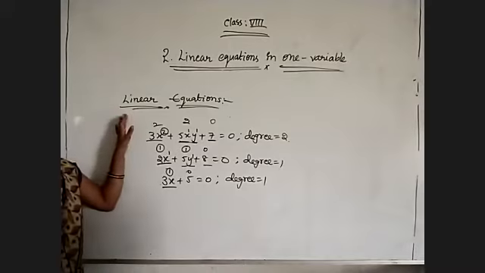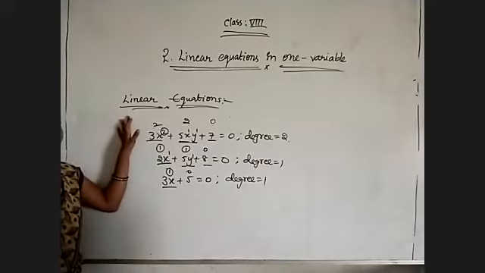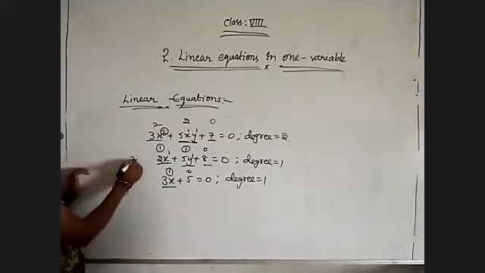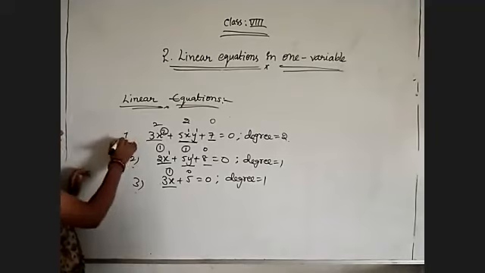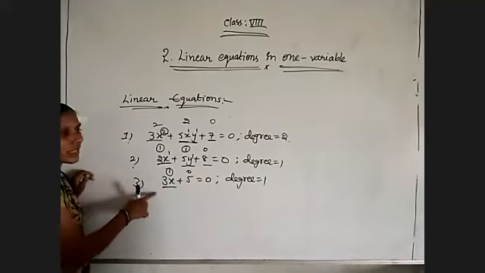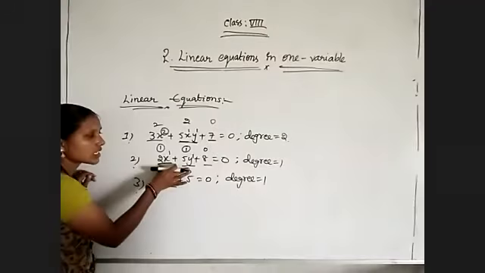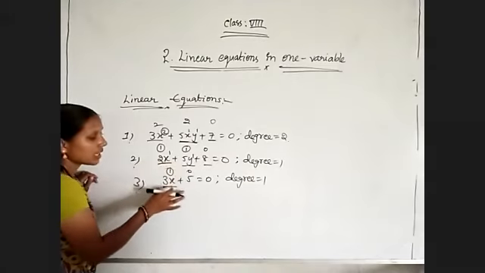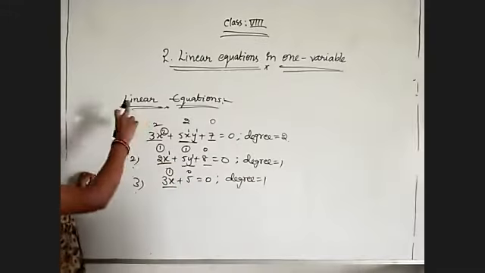If degree is equal to 1, then that is a linear equation. Okay, now coming to the second and third, this one and this one. First one is not a linear equation, we have understood. So what is the difference between these two? Here the linear equation has 2 variables, that's why it is a linear equation in 2 variables. Here only one variable is there, linear equation in one variable.